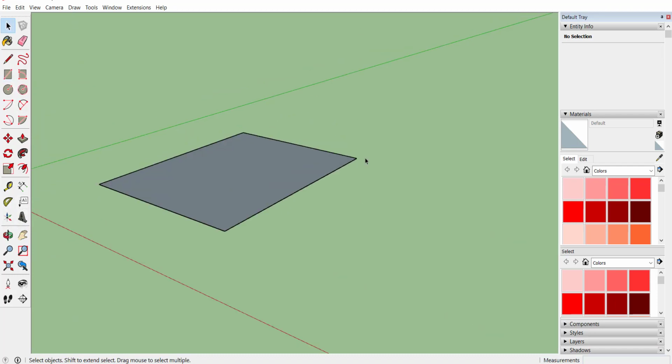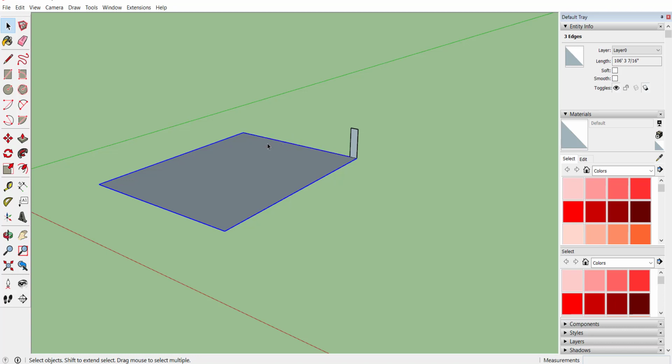Now consider that if you require the same design on all the 4 edges, then how can you draw? The simplest way to draw that is by using the follow me tool. So first draw the design that you require. If I require a simple rectangle on all 4 edges, then just prepare a rectangle of your required size. Then with the help of the move command, place that rectangle on any of the edges and select all the edges.